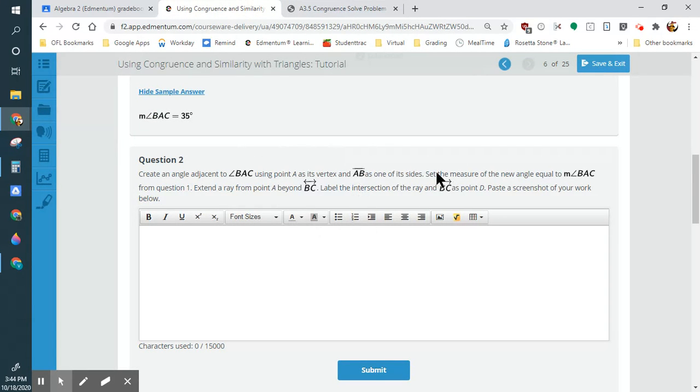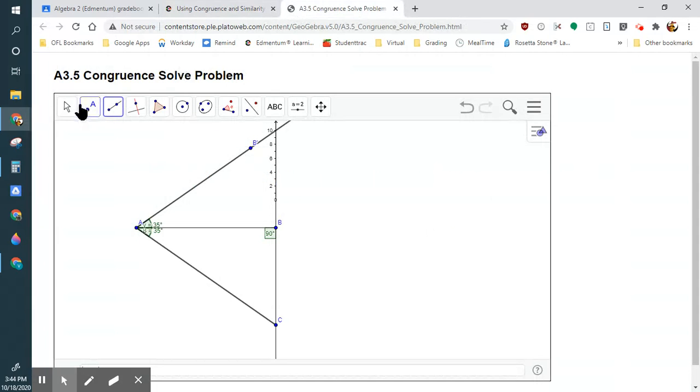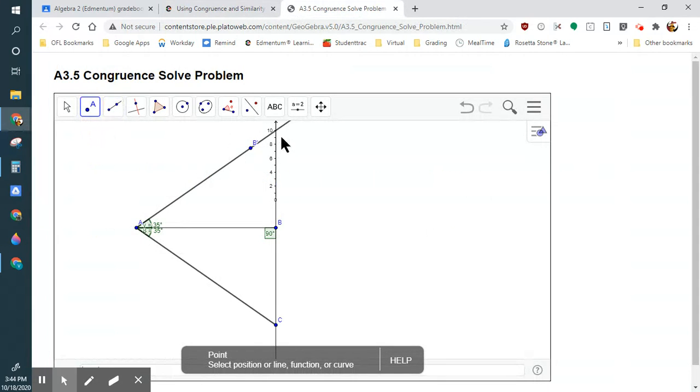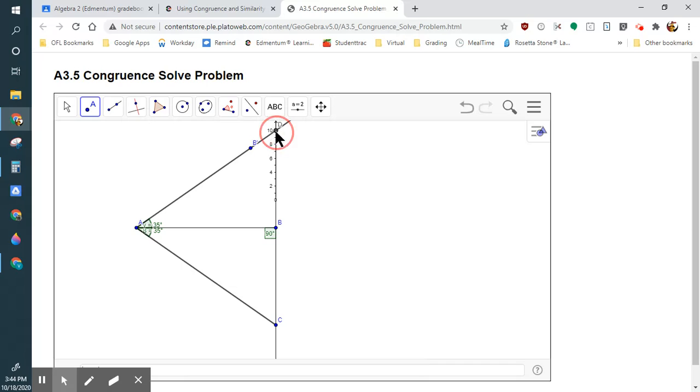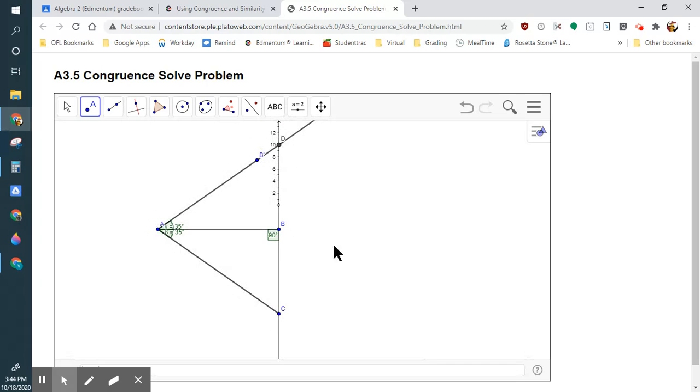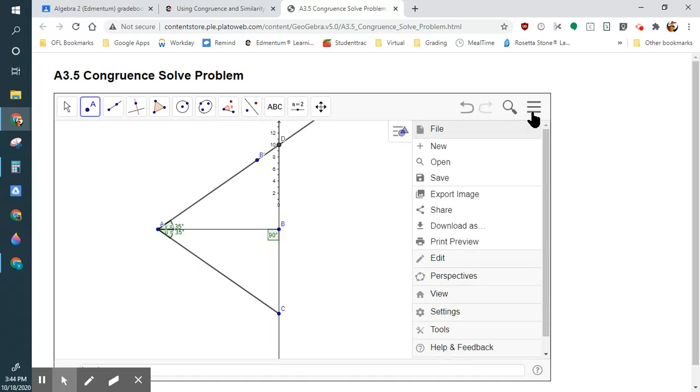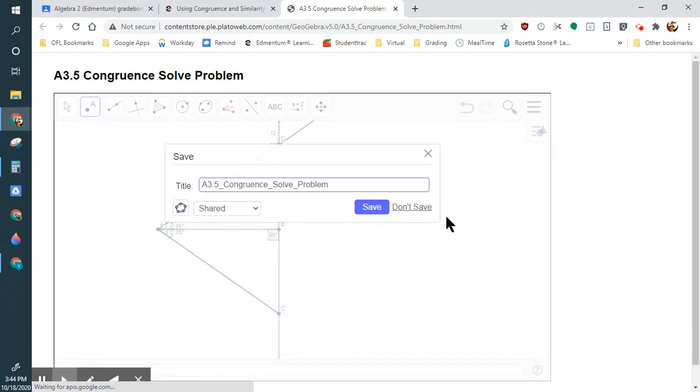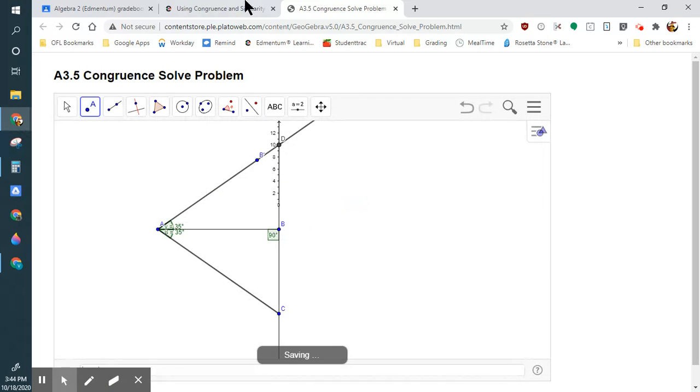So when we do that, paste a screenshot, extend the ray, label the point of intersection with the ray, point D. So it wants us to grab a point. And we're going to do the intersection right there. And it wants us to take a screenshot. So as always, guys, just click the share, save it, give it a second for it to save, click that copy button,